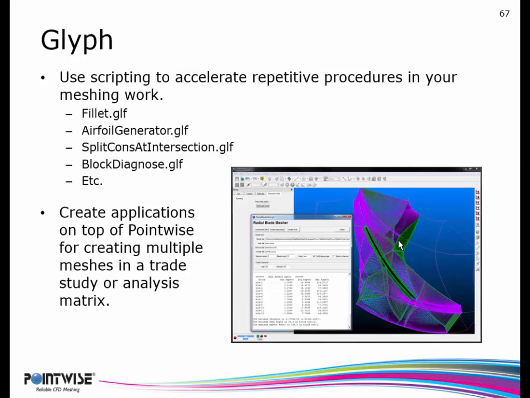You saw me use a couple of scripts, the fillet script and the squeeze con script earlier today, just as a quick example of what can be done. There are many more in our database or our exchange online that you can use, and some of these are for generating airfoil shapes automatically, actually splitting connectors where connectors intersect, which is a capability that's not in the GUI but users have requested. One of the ones that I've used a good bit in the past for consulting projects